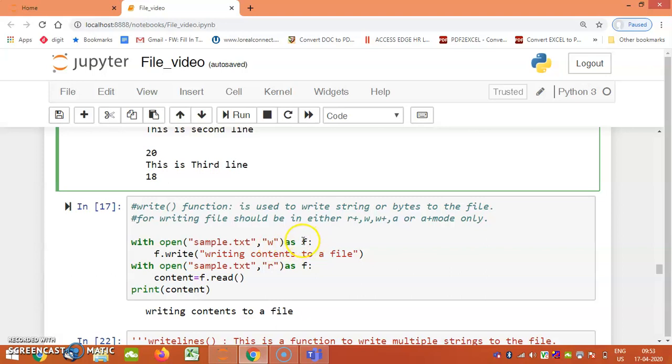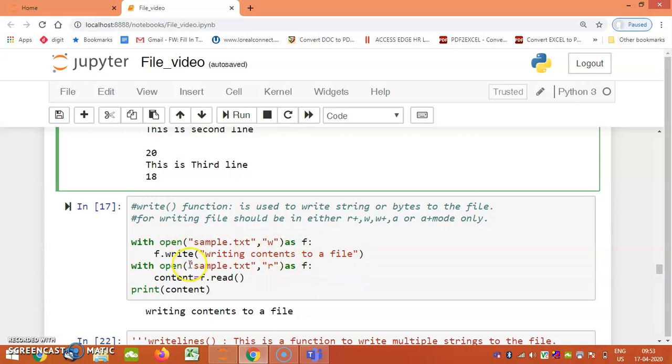Now you can see here I have opened a file named sample.txt, with the construct with open sample.txt in w mode as f, and I am performing the write operation. Whatever contents we have to write to the file, we simply put in the write function.